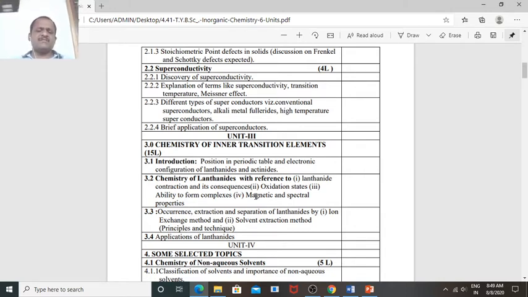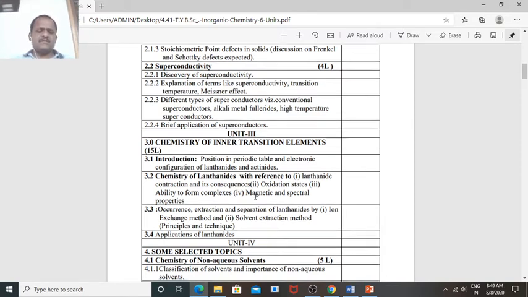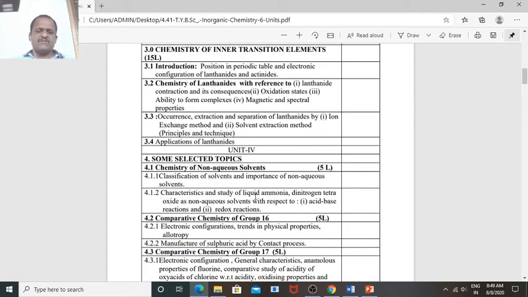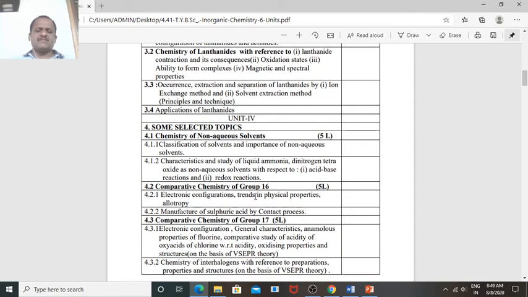One is called ion exchange and the second one is the solvent extraction method, and the last point is the application of lanthanides. In the fourth unit we have some selected topics like chemistry of non-aqueous solvents and comparative chemistry of group 16 and group 17 elements. So you know that